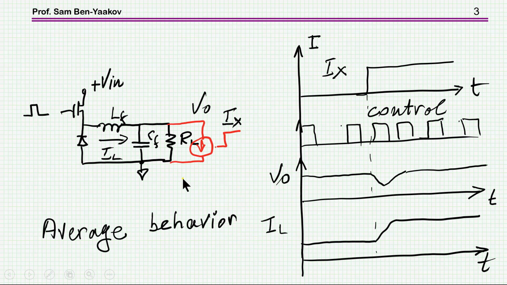So what happens in this type of a control if there is a step at the output, that is a load step, okay? There's a current change going up in this case. So what we're going to see is, as the change is occurring here at this transition, the pulses of the gate, and therefore here at the switching point, are going to be crowded more, and the frequency, of course, will be higher, so therefore the effective duty cycle is larger, and this will cause the